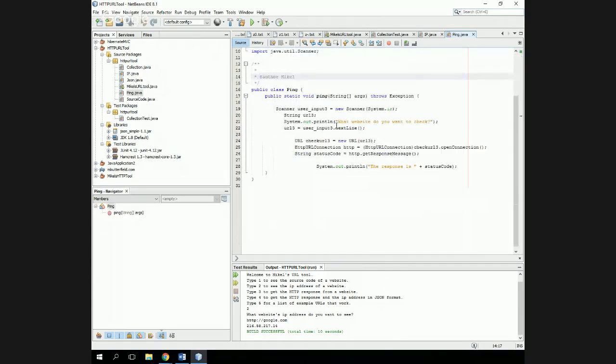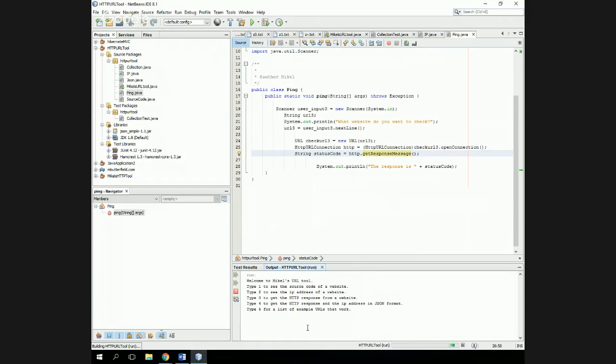And then also I have a class called Ping. What it does is it actually gets the response message, which I assume is like a ping. As far as networking goes, I'm not sure how it works, but basically it checks to see if the website is up and running. Again, it takes a string that the user inputs on the next line, just like the IP.java class does. Then it uses HTTP URL connection, does URL openConnection, and it gives me a getResponseMessage. So it basically says okay if the site